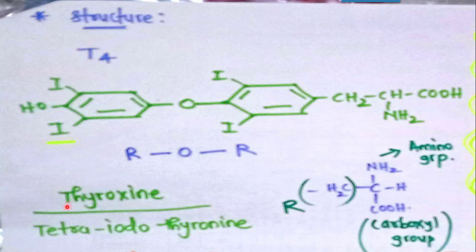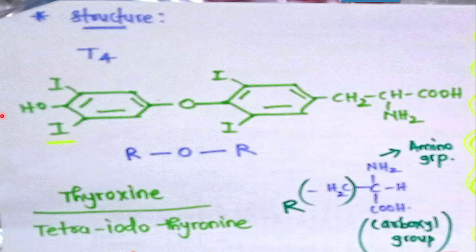T4 is also known as thyroxine. So it is first, second, third, fourth. These are the 4 iodines which are present. This is hydroxy attached to phenyl, O, again phenyl, and this is the amino acid structure, that is the central carbon. One substituent is NH2, one is COOH, another one is hydrogen and carbon. So this structure goes like this.